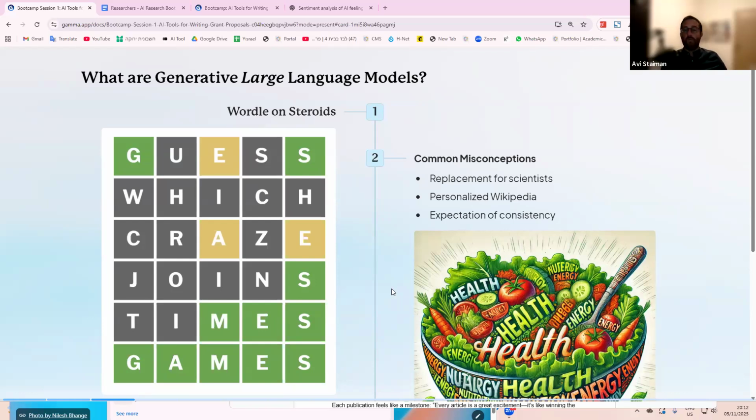But more importantly, understanding when to use which kind of tool is going to help you. I'm not going to be able to teach you all the hundreds of tools for AI for research. But after this afternoon, what I hope you come out with is an understanding of, okay, this tool fits into category A, or this tool fits into category B, and now I know what I should use it for and what I shouldn't use it for.